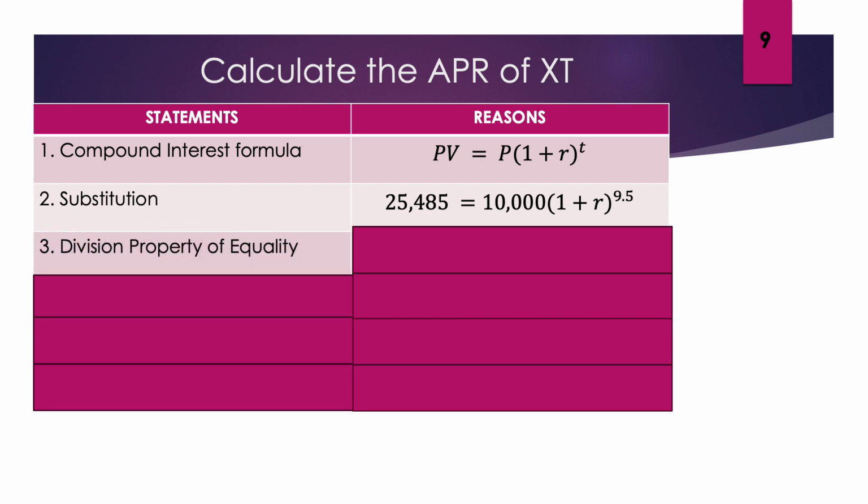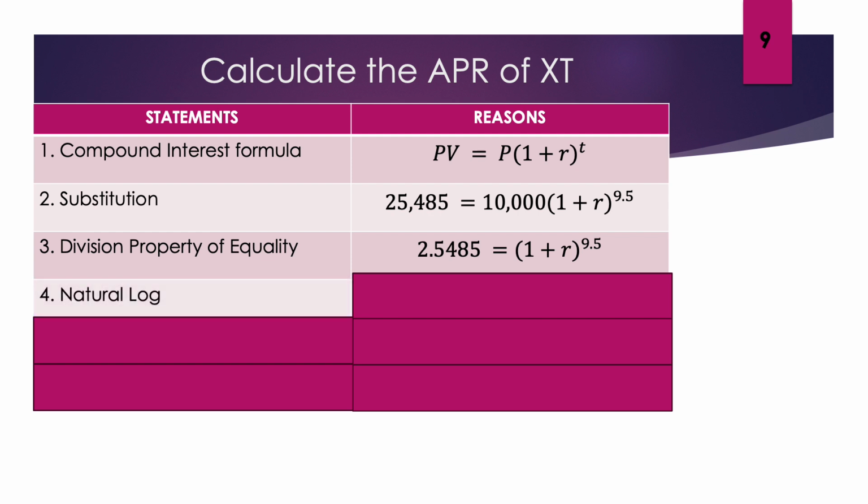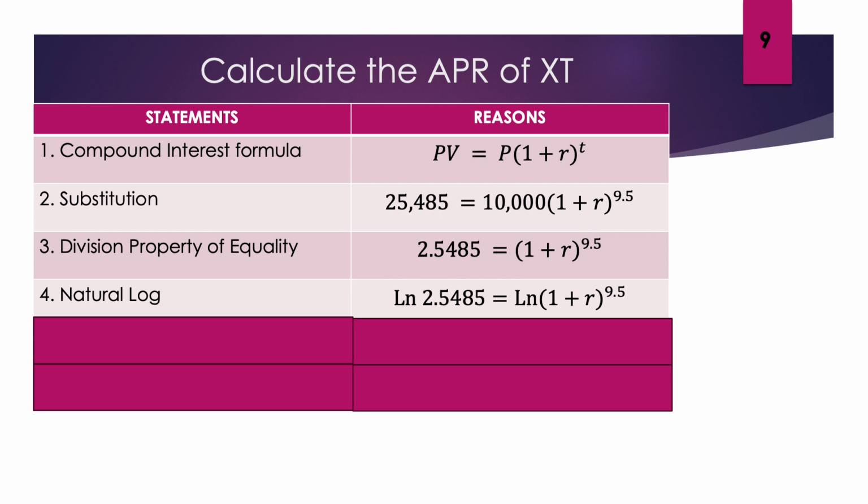And then our third step, we're going to use the division property of equality. We're going to divide $25,485 by $10,000, and then we're going to get 2.5485 equal to 1 plus R raised to the 9.5 power. And then we want to apply the natural logarithm, otherwise known as the natural log, to both sides. And we get the natural log of 2.5485 is equal to the natural log of 1 plus R to the 9.5